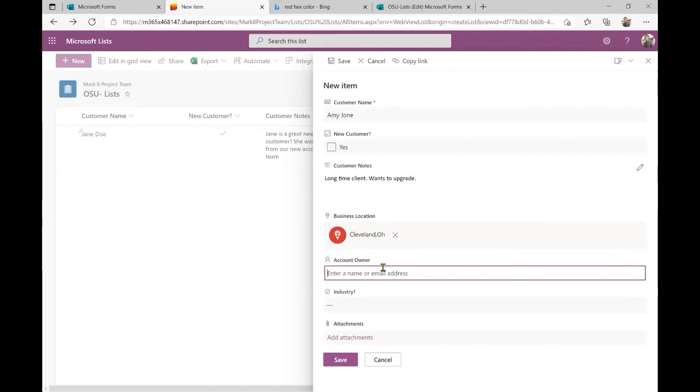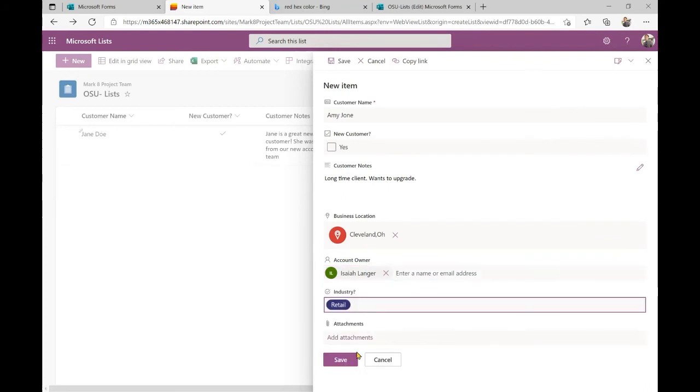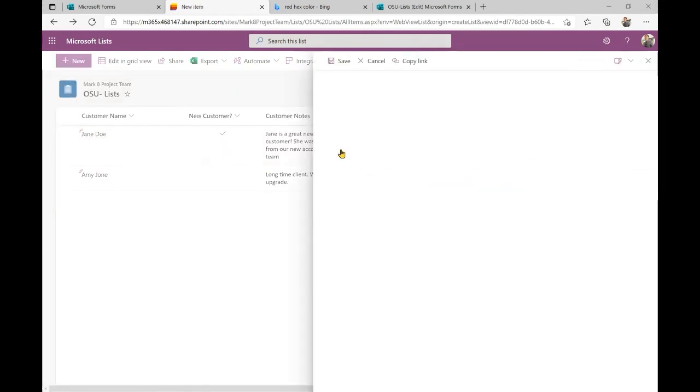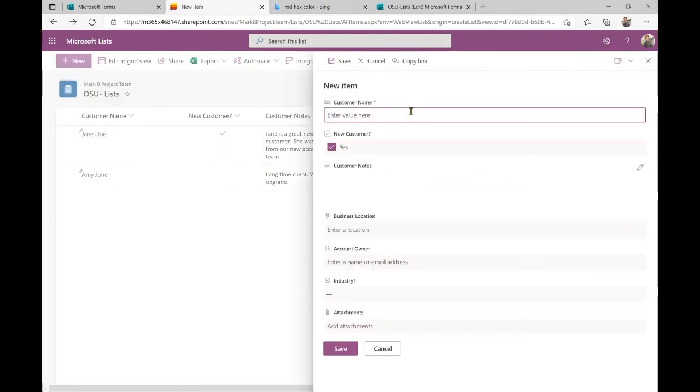Again, you can type in an exact address if you have one. We'll say Isaiah owns this account. She's in the retail industry. So as you can see, her info is a little bit different.